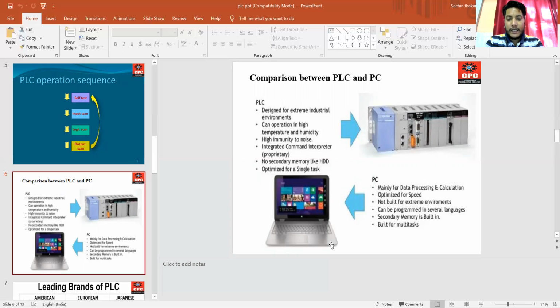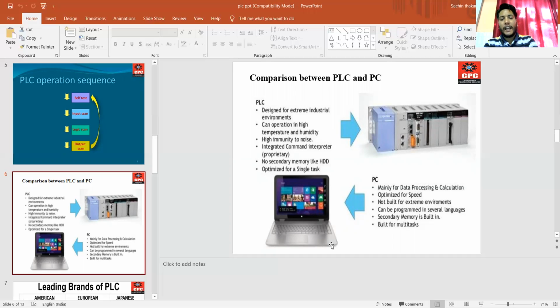Second point, the PC is mainly optimized for speed, because data processing and calculation depend upon the speed of the processor in the PC. But the PLC can operate in high temperature and humidity.